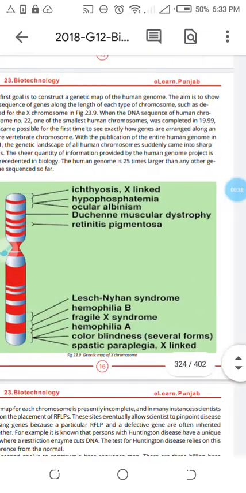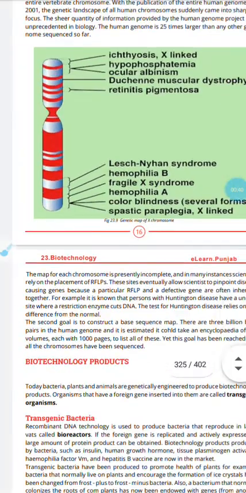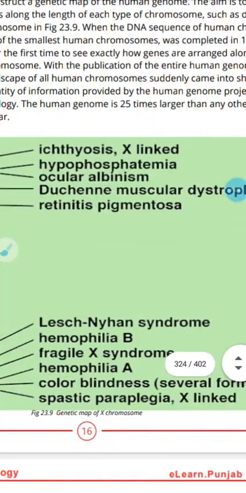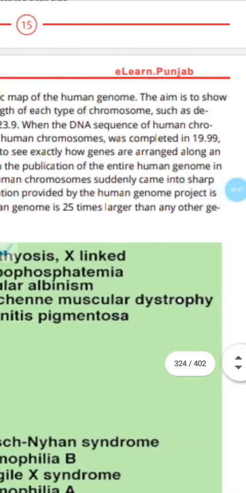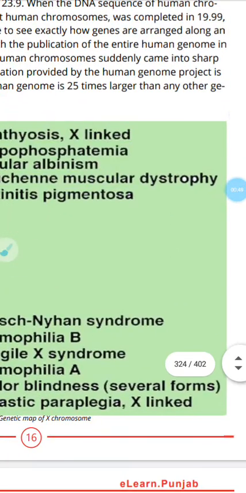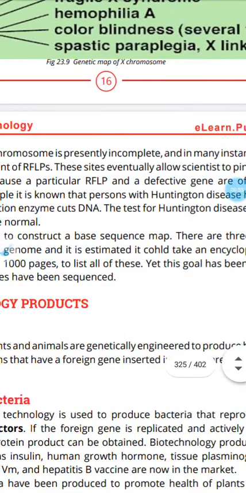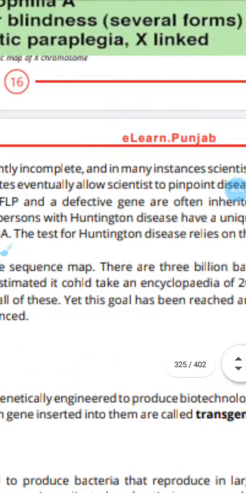It's very difficult, but even if you know the RFLP sites, you will still get very important information, because the genome of human being is 25 times larger than the other. I test you, I check one thing. For example,